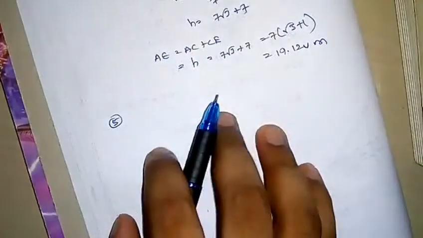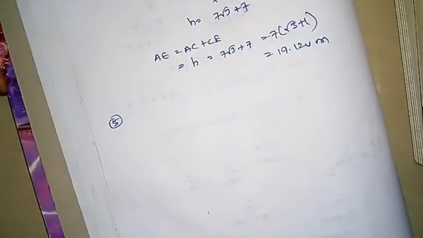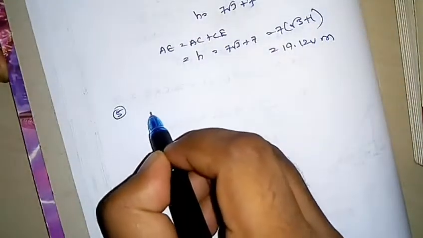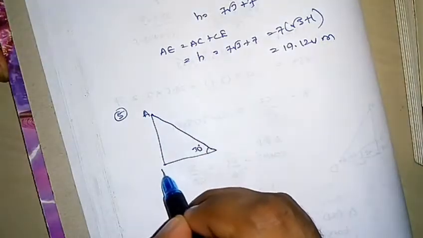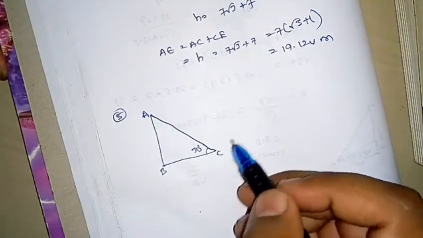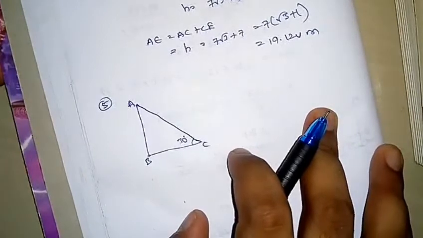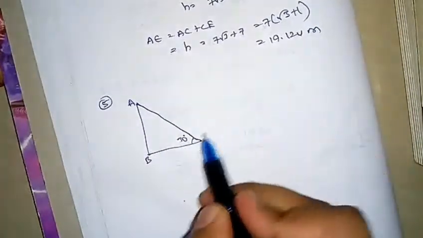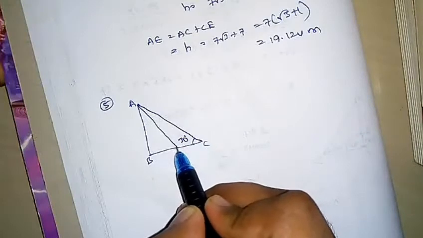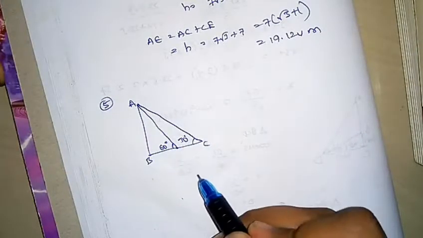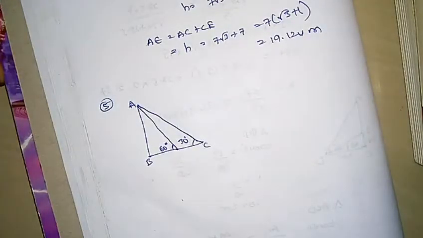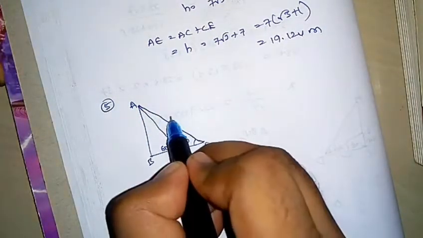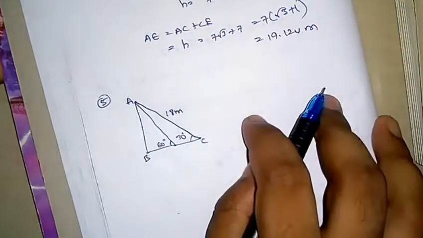Let's solve the fifth question. A wire of length 18 meters has been tied to an electric pole at an angle of elevation of 30 degrees with the ground. There is an electric pole and the wire is erected. The angle of elevation is 30 degrees. Let this be ABC. Because it was covering a long distance, it was cut and tied at an angle of elevation of 60 degrees with the ground. So this is cut and this is tied at 60 degrees with the ground. How much length of the wire was cut? Initially the wire length is 18 meters.